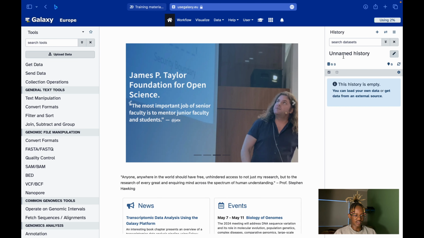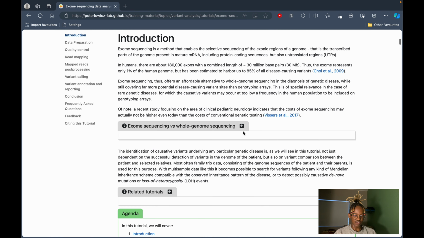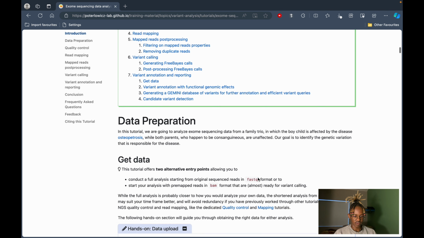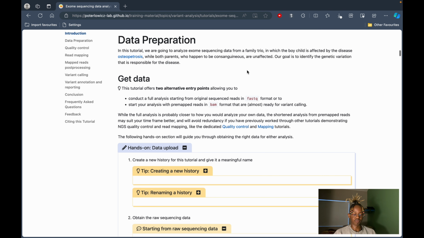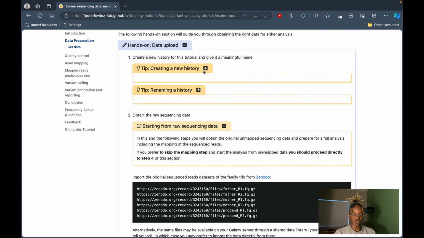Okay, step one. Let's actually just scroll down. Introduction. We're introduced to a family. Where is it? Yes, here. A family where there's a boy with osteoporosis, but both his parents don't show any signs of osteoporosis. So we're going to be doing whole exome sequence analysis, more or less, and taking a look at what might have gone wrong. First step is to create a new history